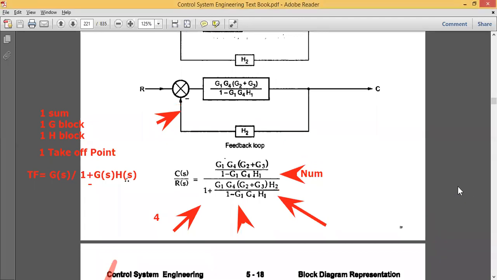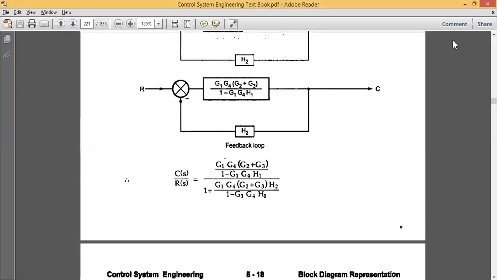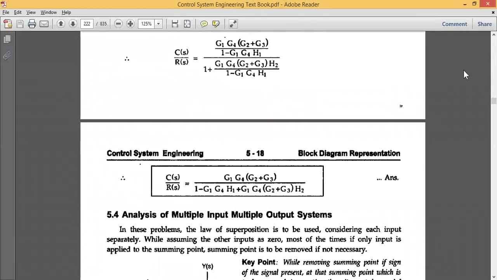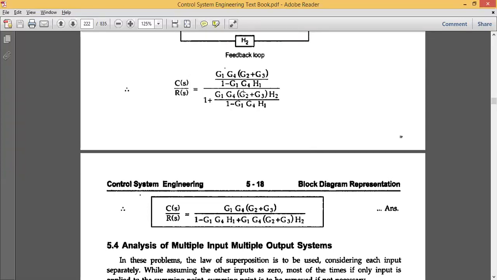Okay, I will just clear off so that I can show you the last modified block. So the modified block answer is nothing but C of S divided by R of S is equal to, here they have solved. You can see in the numerator, 1 minus G1 G4 H1 gets cancelled with 1 minus G1 G4 and H1. So in the numerator what remains? G1, G4, G2 plus G3, whole divided by